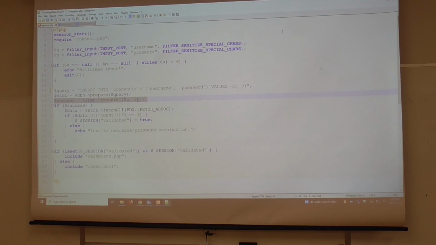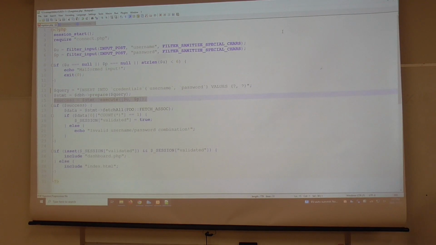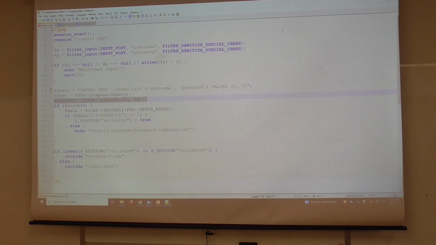If anybody gives me an assignment that is vulnerable to SQL injection attack, I will know and I will flunk you, at least on the assignment. At the very least, nobody who lets an attack through gets an A, right?